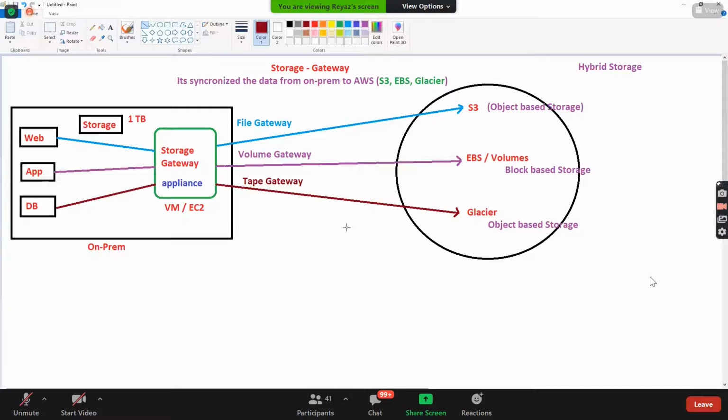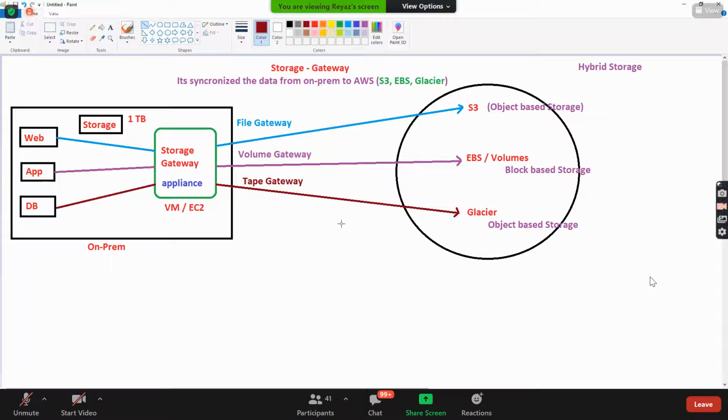Tape gateway is really interesting, guys. I still remember when I was working in Infosys a few years back, in the data center, all the employees would think that they have pushed all the data into the data center and it is safe. But as an admin, I needed to take the backup also in the data center, right? The backup of the backup. Yes, so I needed to take the backup of the backup. So how do I take the backup of the backup? In those days, we had something called tape gateways.